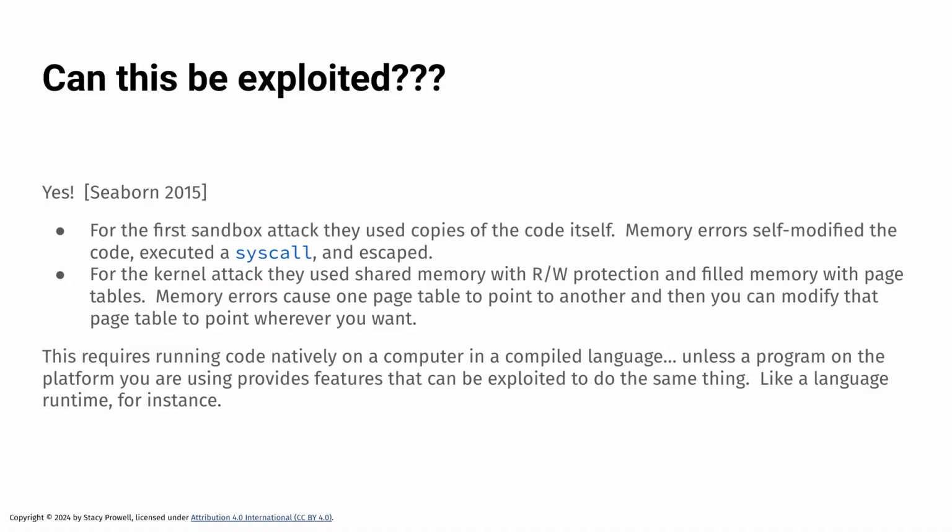Seaborn 2015 is a paper that introduces us to some really interesting attacks. They used a couple different methods for doing it. I'll give you a very coarse way of applying this. Suppose I make a bunch of copies of something that I would like to manipulate, like the page table, right? If I start lots and lots of processes, I create copies of the page table. Pretty soon memory is full of copies of the page table. So if I get a memory error, it's probably going to occur in a page table.